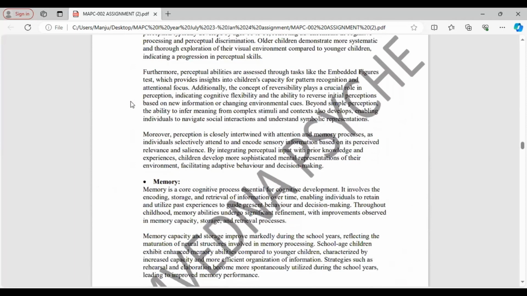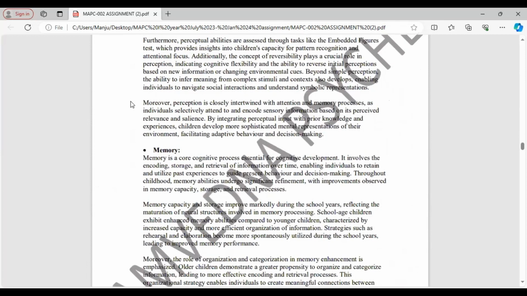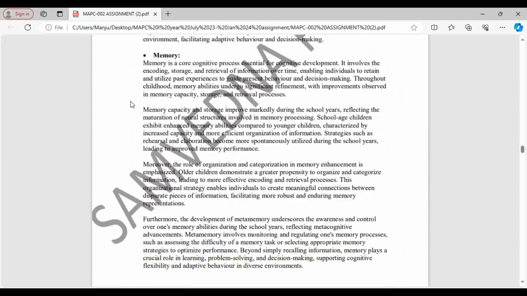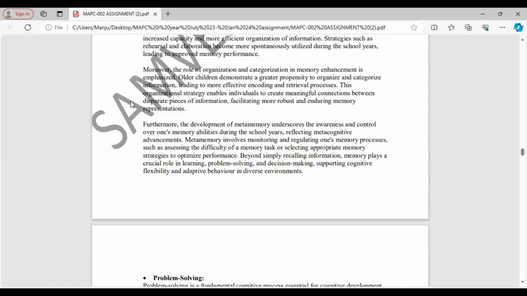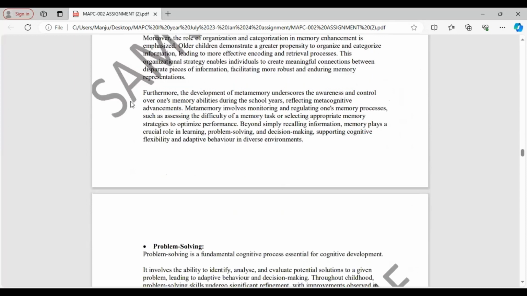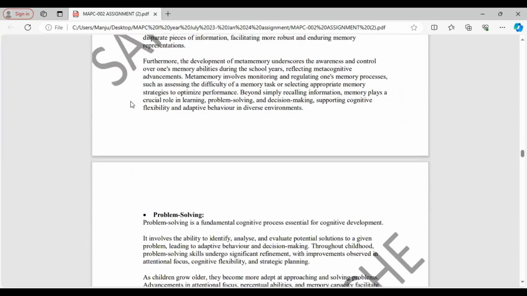Third one is memory. It involves encoding, storage, and retrieval of information over time, enabling individuals to retain and utilize past experiences to guide present behavior and decision making. And lastly, we will move to problem solving. It involves the ability to identify, analyze, and evaluate potential solutions of a given problem, leading to an adaptive behavior